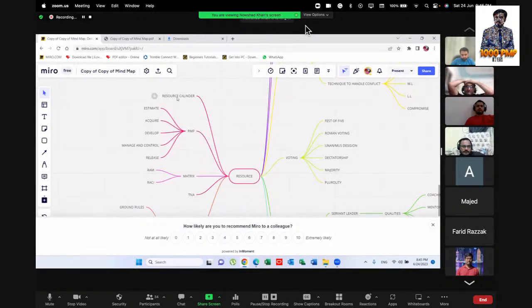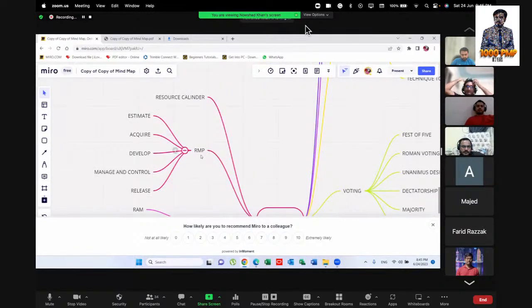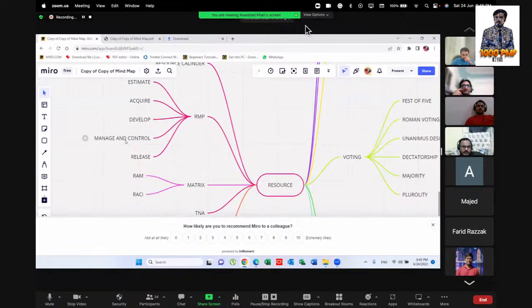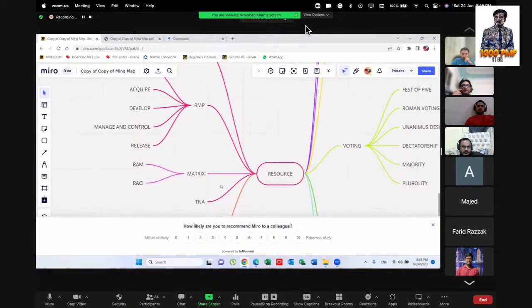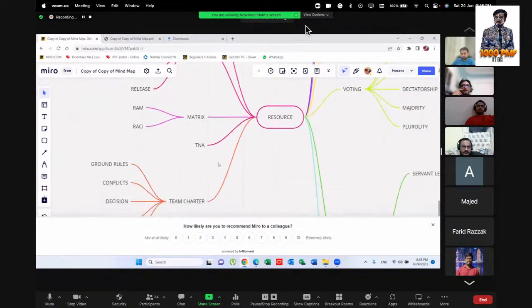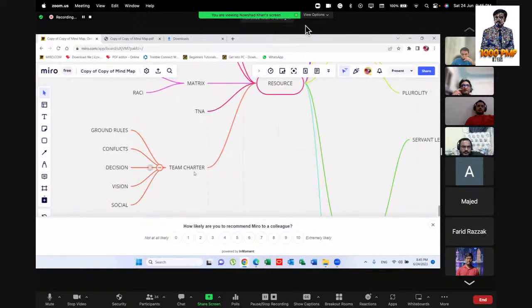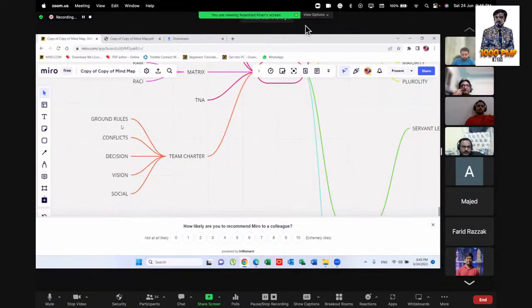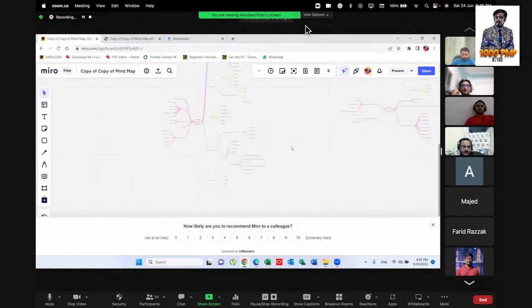Then we are going to resource calendar. Then RMP: we have estimate, acquire, develop, manage and control, release. Then we have metrics and resource, RBS and RACI. Then we have TNA. And then we have team charter. In the team charter, we have ground rules, conflict, decision, vision, and social. After that, we are going to